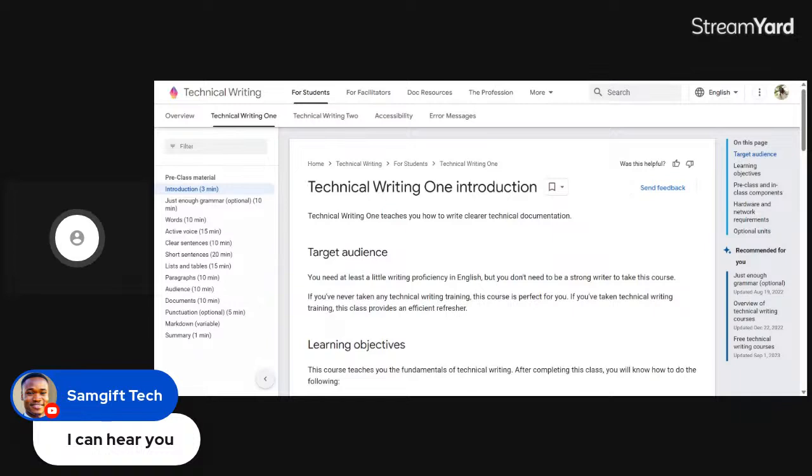Now, it's not really every time that you should capitalize your words or your text in writing.